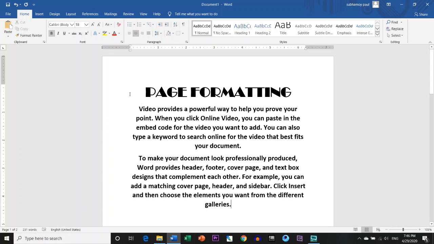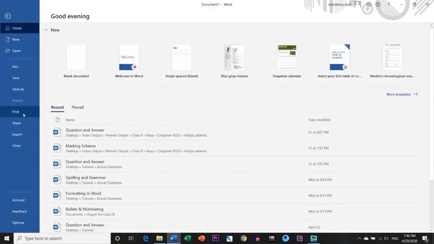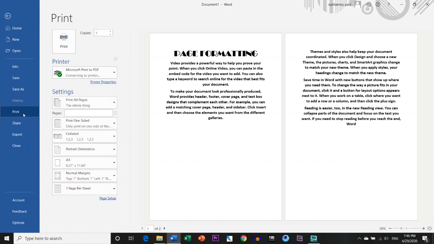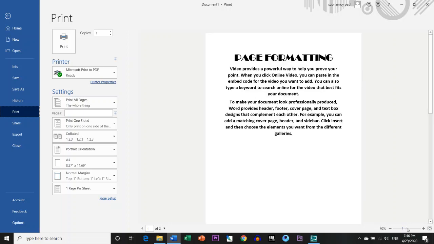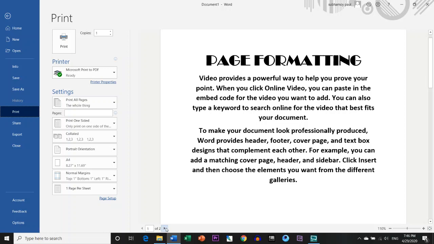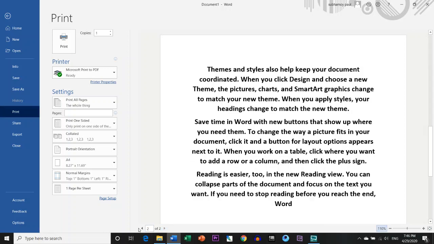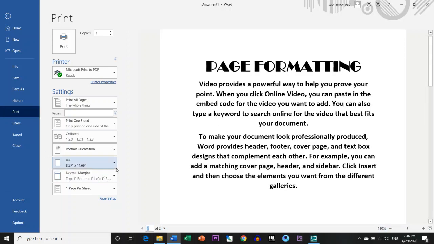Another information is print preview. Now if you click on this file option, over here you will find this print option. If you click here print, see this is our preview. That means these two pages are there to be printed. Now if you click here, it will show that there are two pages. If you want to jump from page 1 to page 2, then please zoom it. It was 46% or 50%. If you zoom it to 100%, and click on the second page, it will convert into the second page. So you can hover around the pages.